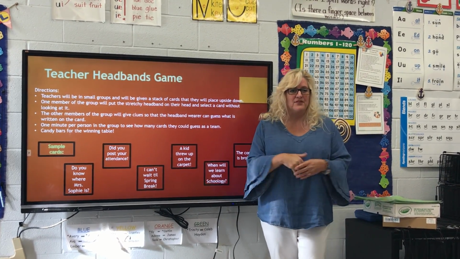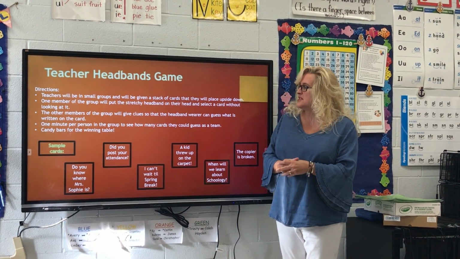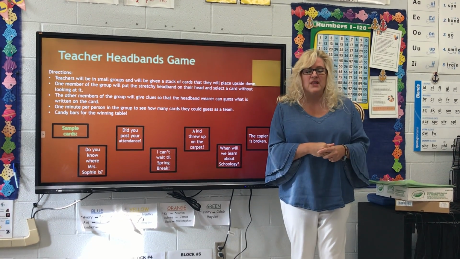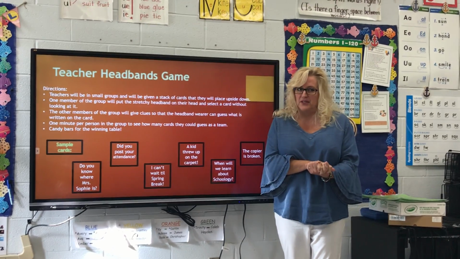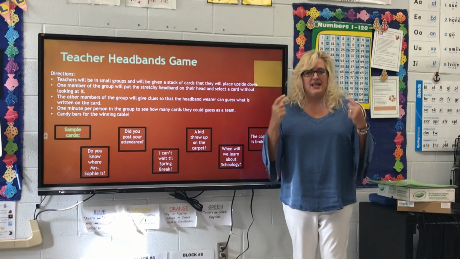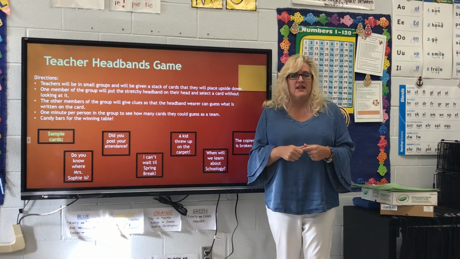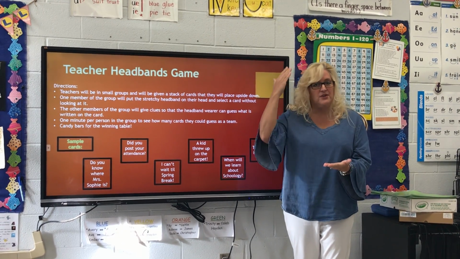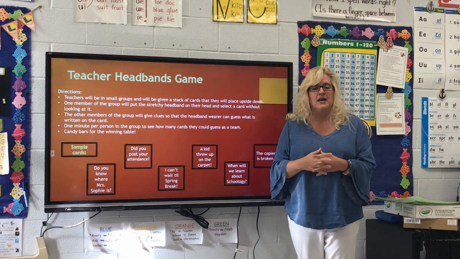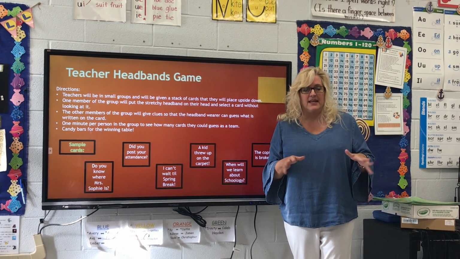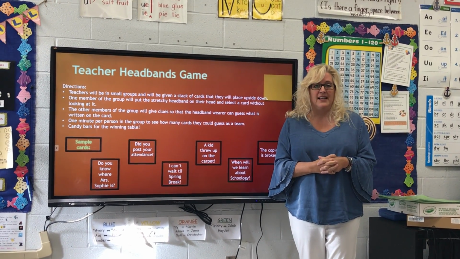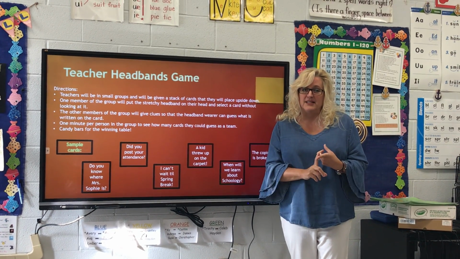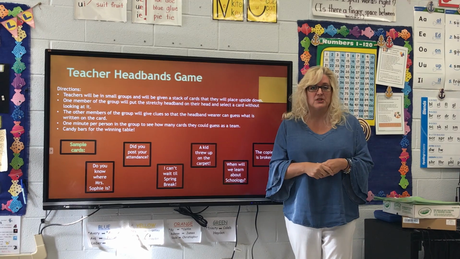Before we get started, I'd like for us to just have a little fun for a minute. We're going to start off with the teacher headband game. What I'll do is you have cards on your table. They're all placed upside down so that you're not going to look at those. And we'll have a headband for one member of your group. That member will go ahead and put the headband on their head and draw one card, place it so that you cannot see what's written on the card, but your team members will be able to see. They're going to give you clues to help you find out and figure out what is written on your card. You'll get a point for every time you can tell what the card is by just the clues.